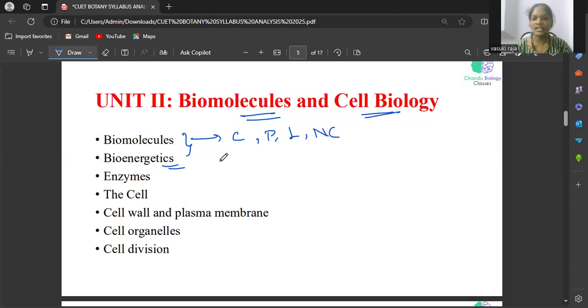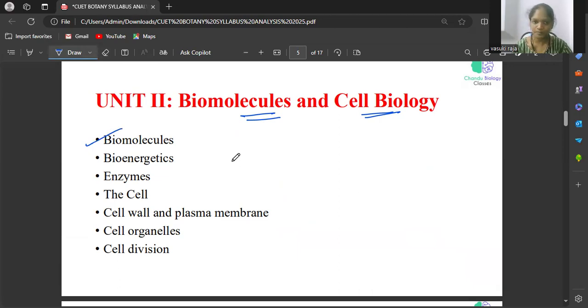Okay, bioenergetics is when we study carbohydrate metabolism, that will be coming under bioenergetics, because in carbohydrate metabolism, we are going to focus on cycles like glycolysis, gluconeogenesis, glycogenolysis. So all these will be coming under bioenergetics. So if we study the carbohydrate, protein, lipid, nucleic acid chemistry with respect to their metabolism and chemistry, that